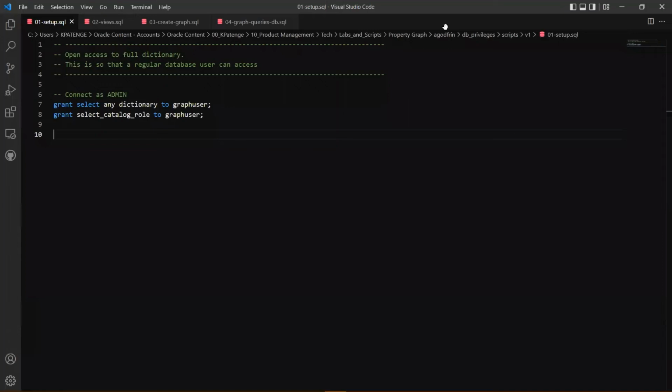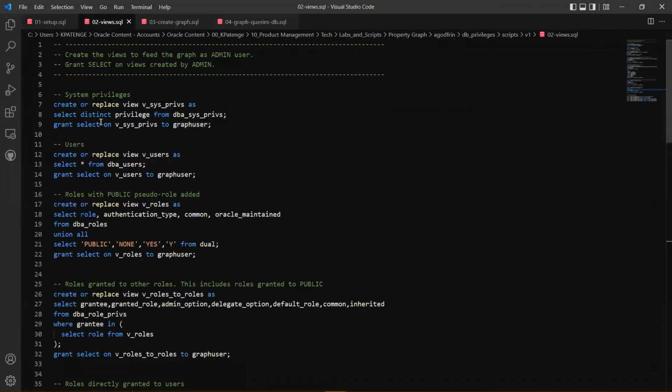And in order to adapt it for the autonomous database, which has some restrictions in terms of user privileges, I've used the admin account to assign some privileges to the graph user I'm using for doing the analysis. And then before doing the analysis with that user, I'm creating views of